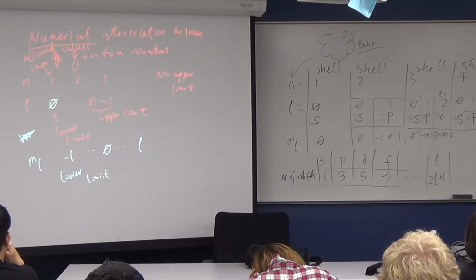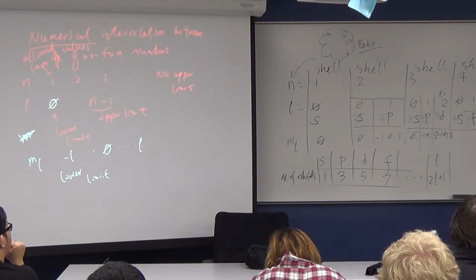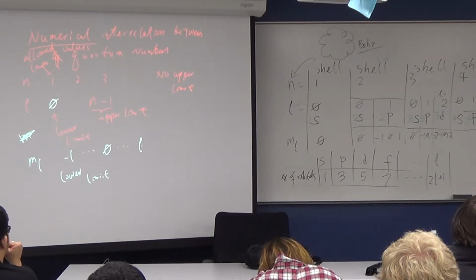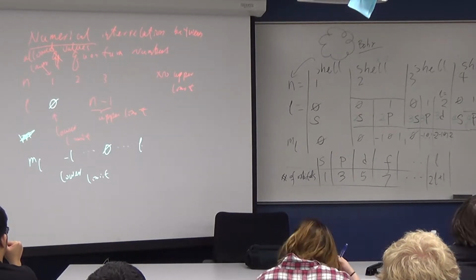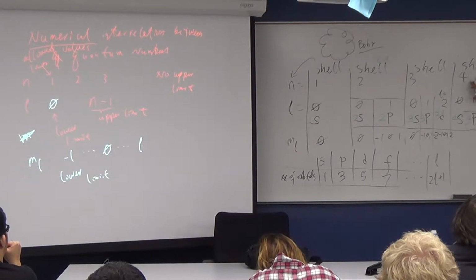Understand? Right? So according to this scheme, the next one is G. So what is L for G? L will equal what? We use S, P, D, F for the common ones. The next one follows alphabetic order: F, G, H, I. -4. Very good. So that means your L is 4. And you cannot get the 4 here from this 4.